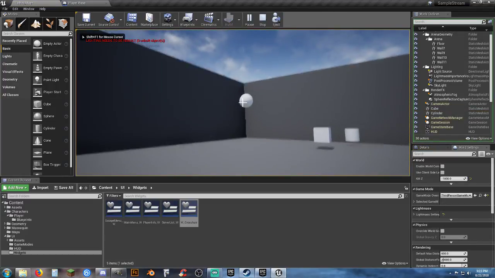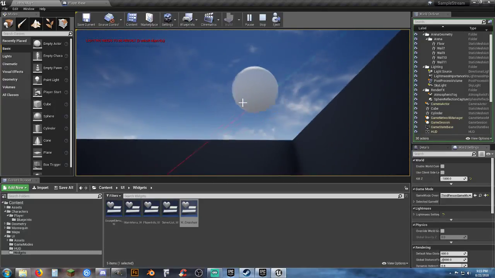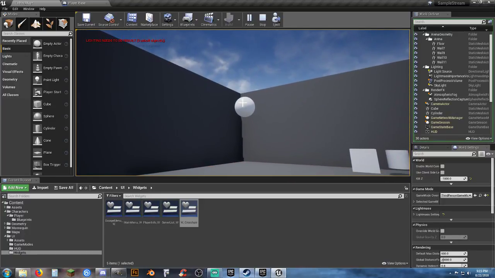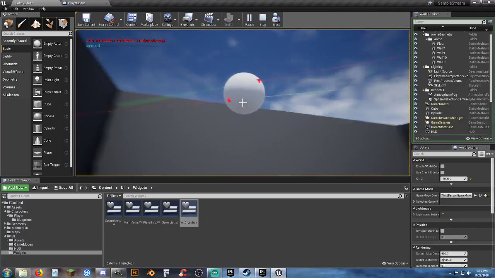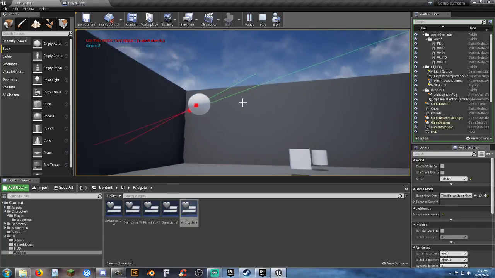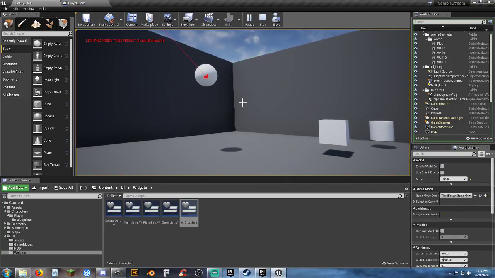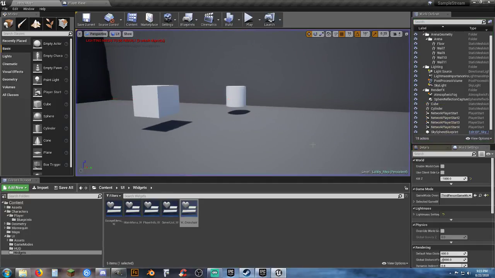Now when I hit it, you see it's going to keep traveling through, but the line turns green after it penetrates through the object you hit first. It's going to report back what you hit. Now, there's some other things you can do with that. If you're trying to set up hit zones or something of that nature,